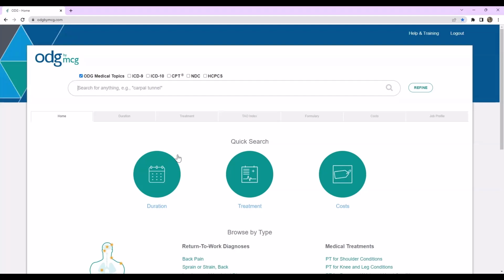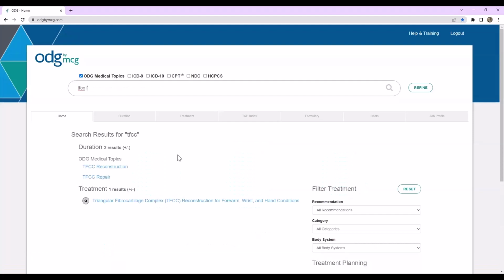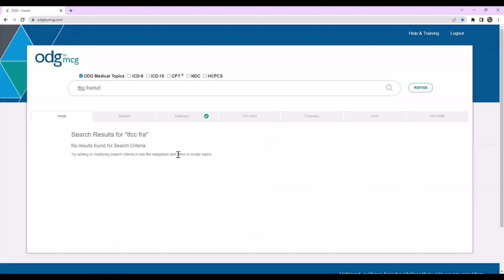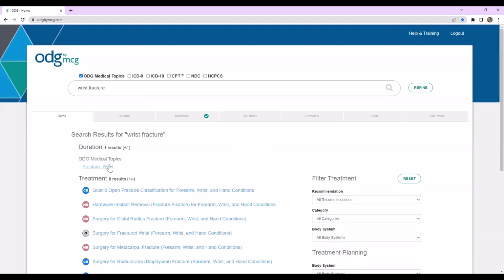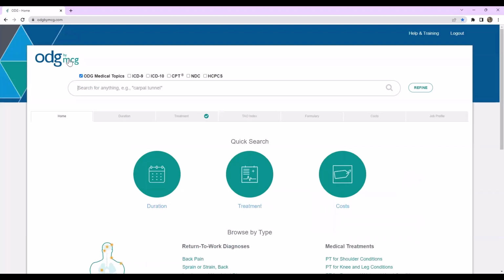For example, maybe I need return to work guidelines for a TFCC fracture. No results. Well, what about a wrist fracture instead? Bingo. You'll notice that, at least in most client configurations, if they haven't requested otherwise, the search defaults to ODG